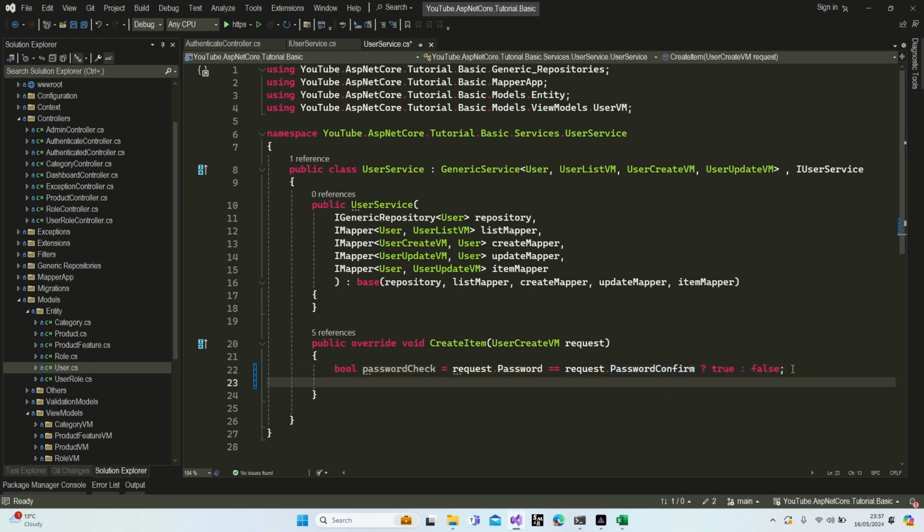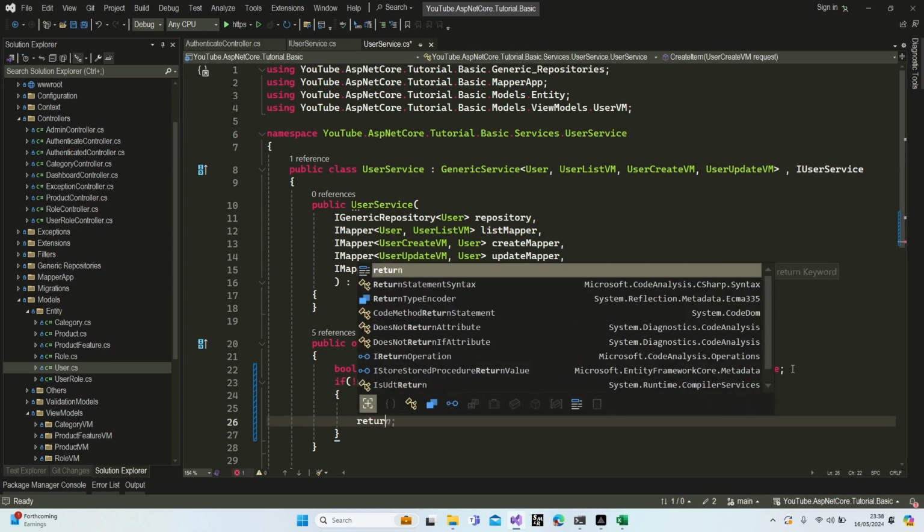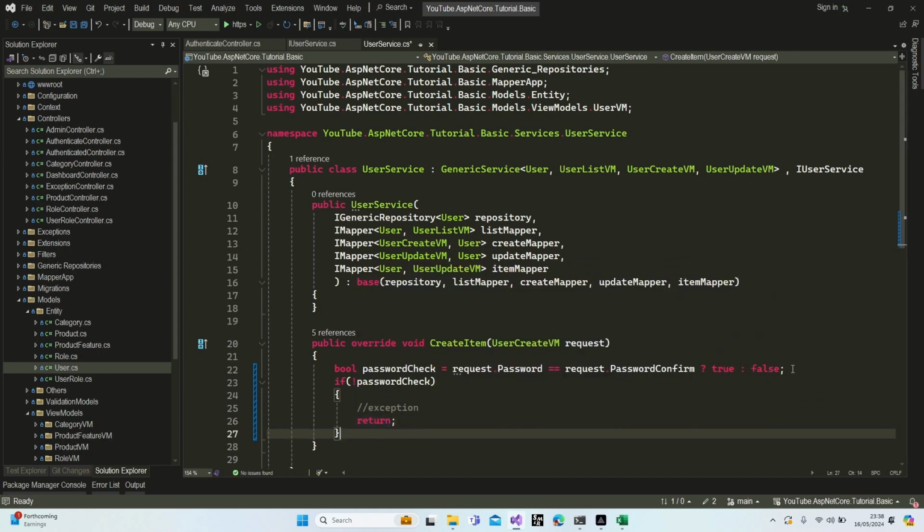Perfect. If it's false, we're going to return an exception here, and let's type a return just for now because we don't have an exception yet. All right, then if we are able to